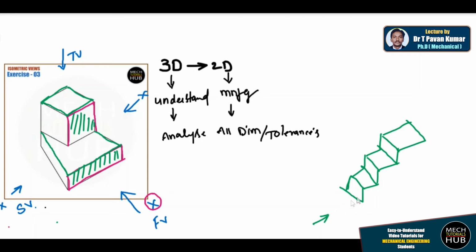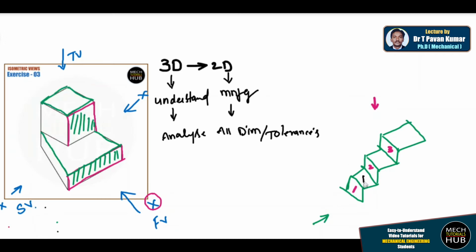If I stand here, let me change color and show you what is visible when I stand normal to the staircase at some offset distance. Only this face is visible, 1 2 3. Only these faces are visible. Unless I go to the top view, these faces are not at all visible. I'll just change the color and show you.